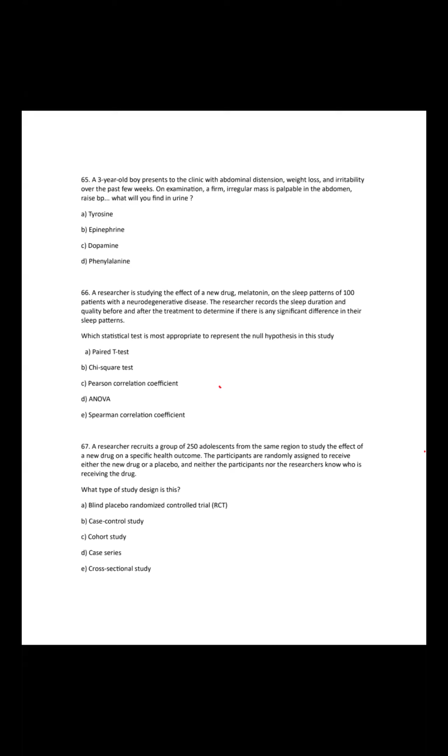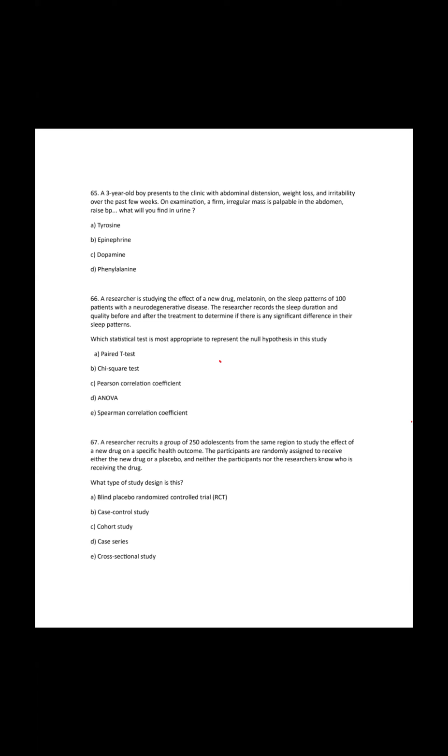They are talking about neuroblastoma. In neuroblastoma, the catecholamine levels are high in the urine. They are basically asking about catecholamines in the urine in neuroblastoma, which catechol. So we are basically checking